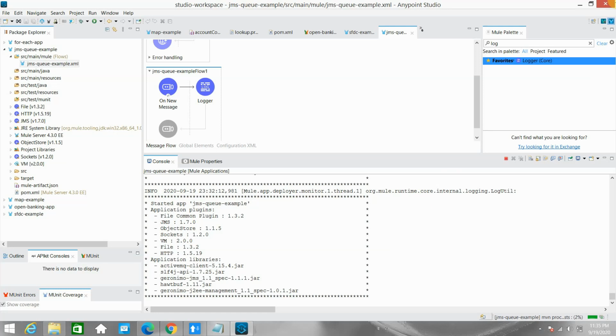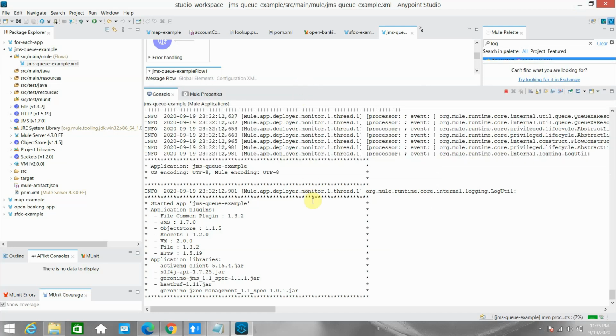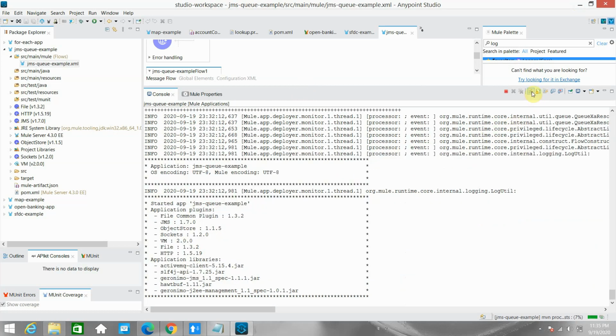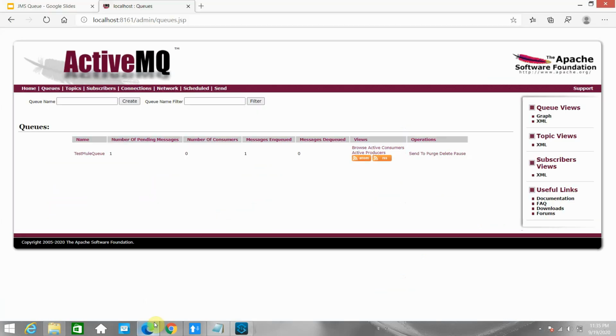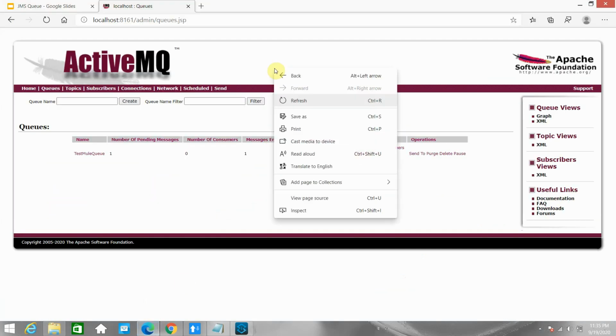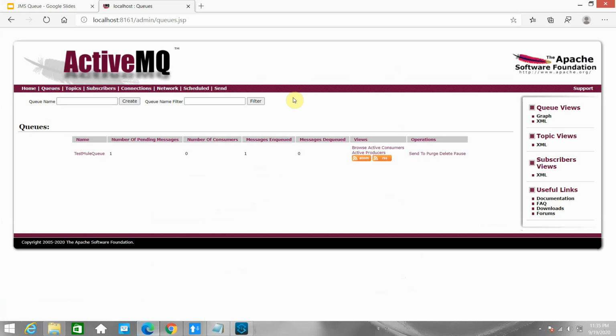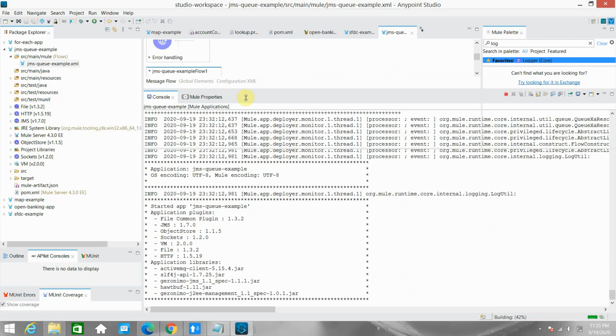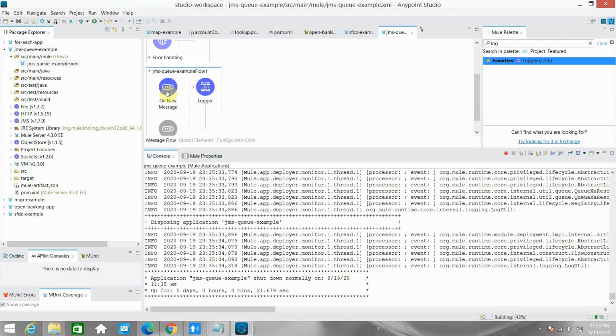Once the application is up and running, it will start consuming a message. Let's wait. It's redeploying.